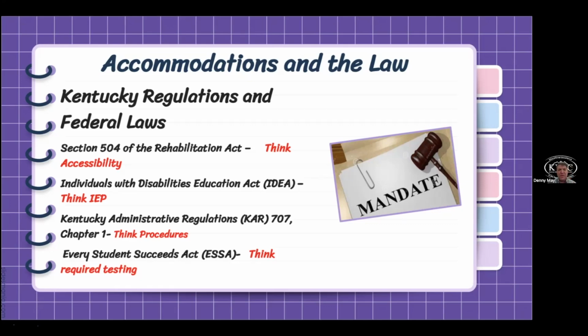And then as you go on down, when we look at our own state laws, we have Kentucky administrative regulations, at least KAR 701 Chapter 1. That's where you will find a lot of the regulations that dictate the procedures that we follow, and also as we develop our state procedures for special education, we also have local policies and procedures. But with the Kentucky administrative regulations, I just want you to think procedure. We're getting money to educate students with disabilities, and we need to make sure that we follow the procedures.